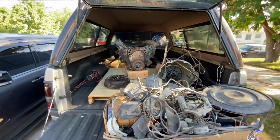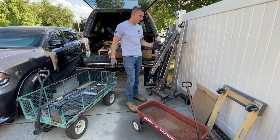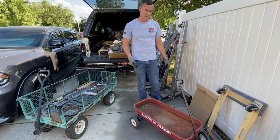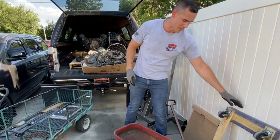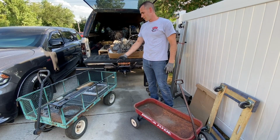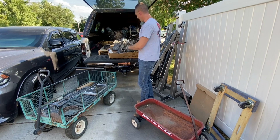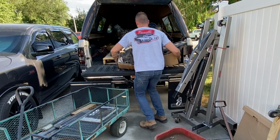We're gonna pull this out now and we can look a little bit closer. As far as supplies and materials, obviously we got our engine cherry picker to pull the engine out. This old Radio Flyer, I think Alex got this thing from the landfill. The wheels are all wobbly and beat up, but it does great rolling around. 727 transmissions fit right into it. Once the engine's up, you can push it right into the garage really easy and keep them organized underneath the workbench. This yard cart, I'm gonna slap all these accessories in there. Then I got some extra boxes over there in case you want to break down further and organize all these parts. So again, right now, just grab this whole hoard